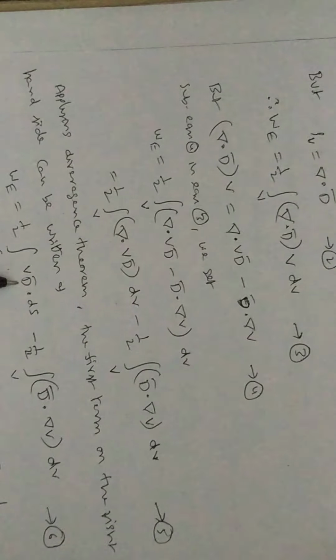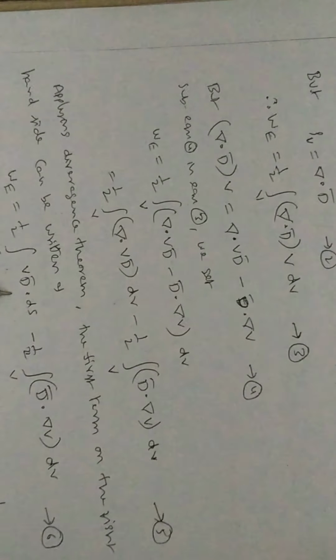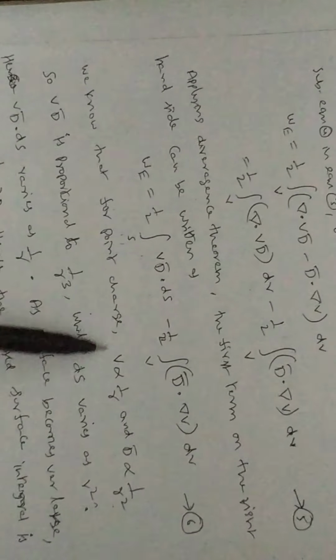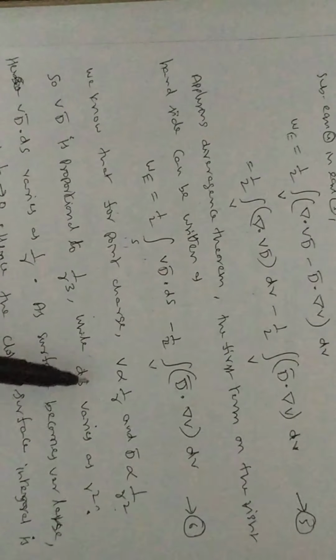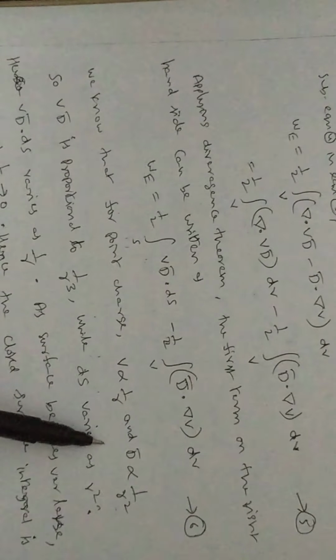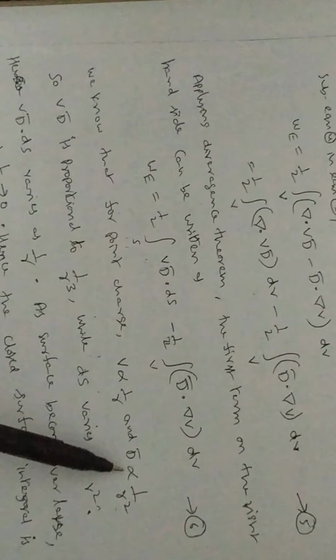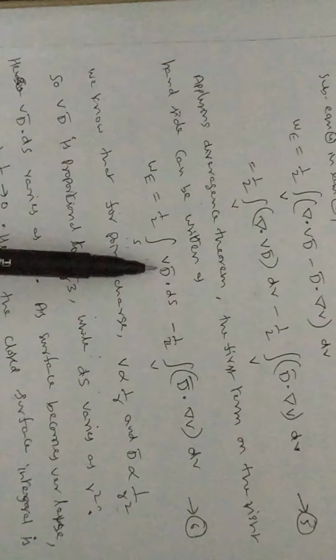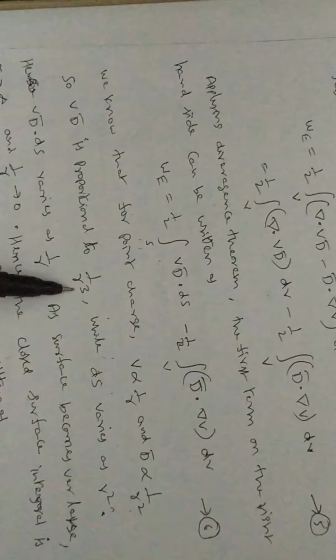Now we need to analyze how the potential is varying with respect to distance, and how the electric flux density is varying with respect to distance. We know the standard formula for the point charge: potential V is equal to Q divided by 4 pi epsilon r. That means V is proportional to 1 by r. And the electric flux density D bar is equal to Q divided by 4 pi r square. That means D bar is proportional to 1 by r square. So then V D bar is nothing but the product of these two. So V D is proportional to 1 by r cube.